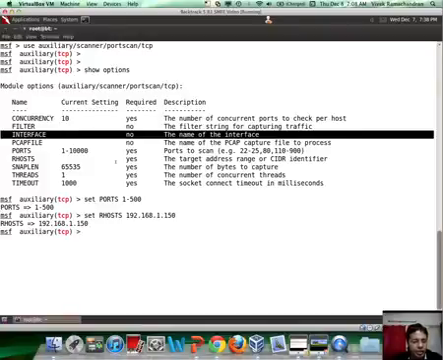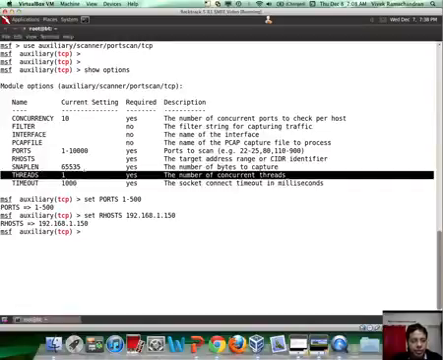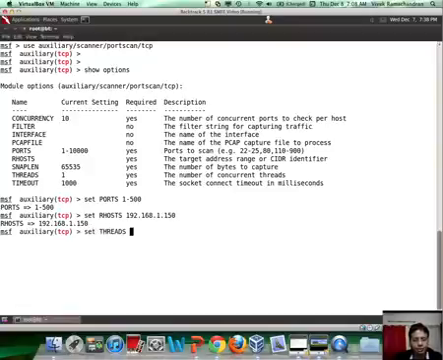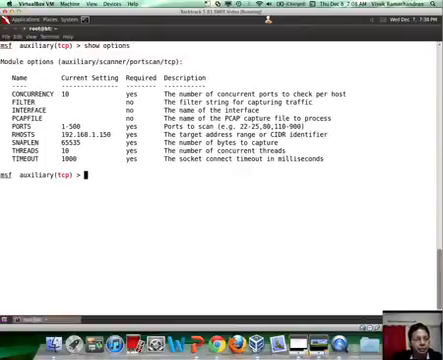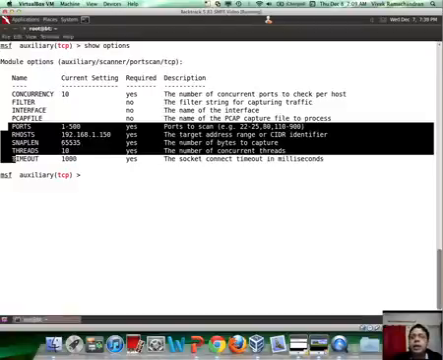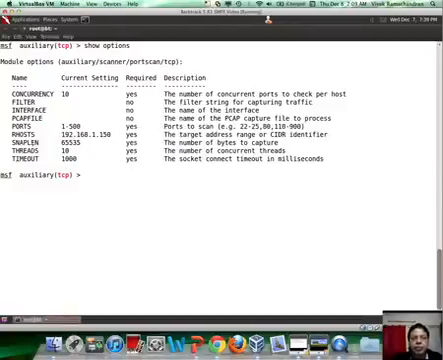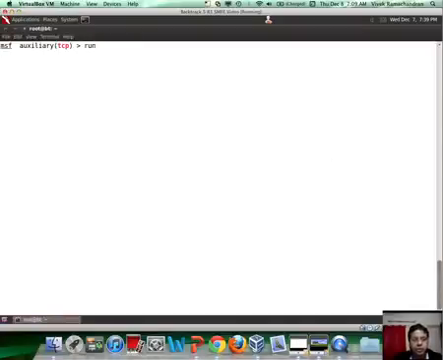Now, what we've done is we've set the ports and the host, and now let me make this multi-threaded by setting threads to 10. Now I could again hit show options just to verify that all the input which I just mentioned is now configured in the module. Now in order to run this module, all I'm going to do is hit the run command,